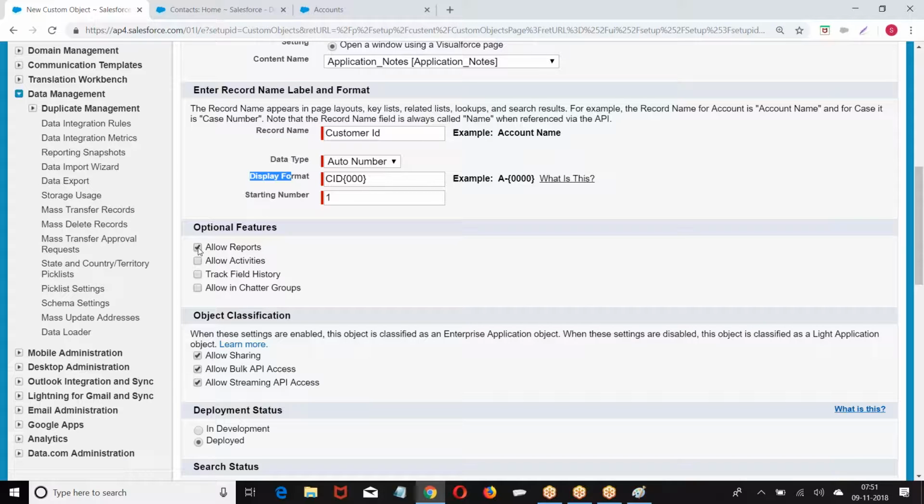Create a report to see how many new customers have joined in the last 15 days. Create a report to show how many customers from Bangalore joined last month. We are using the data in this customer table to make some analysis. That is called reporting.